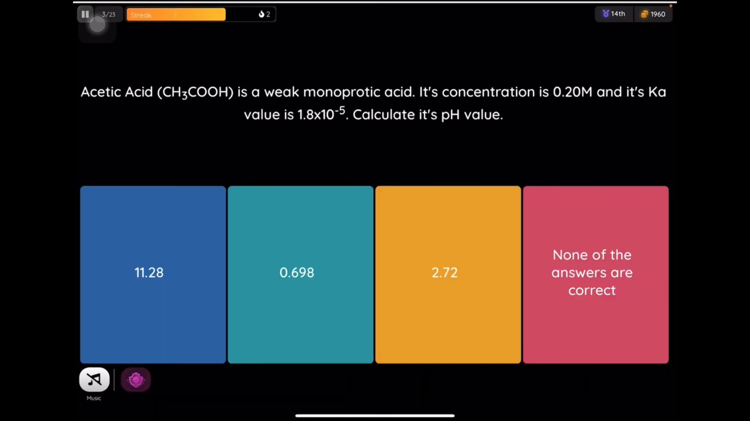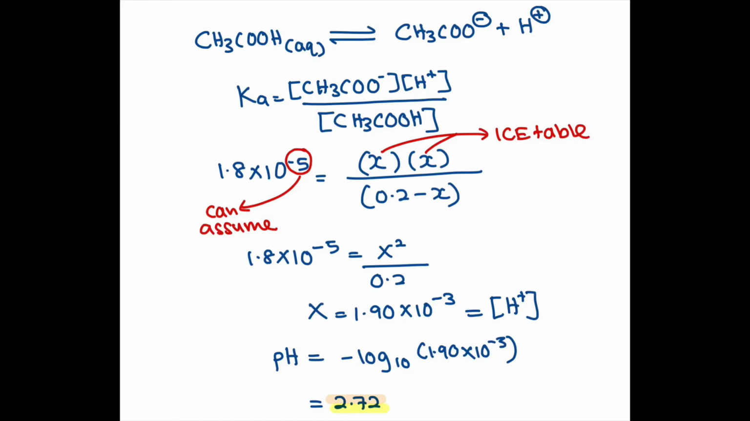Acetic acid, which is a weak monoprotic acid, and its concentration is 0.2 molar. The Ka value is given to be 1.8 times 10 to the power of -5, and we are required to calculate the pH value. The pH value is calculated by using the formula negative log base 10 concentration of H plus ions. Where are you going to get the concentration of H plus ions? You are going to use the ICE table, and I will be showing you the calculation. So the answer is